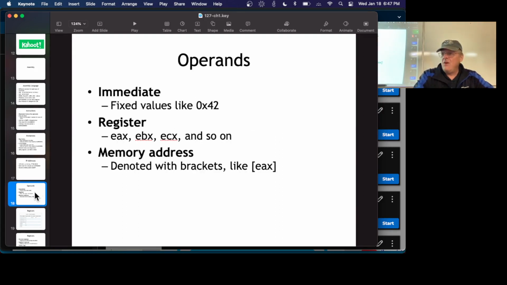All right, so the operand, you can have an immediate value like 0x42, and the 0x means it's in hexadecimal. Normally you express everything in hexadecimal when you're dealing with binary code, but you could have numbers in base 10 also. Then there's registers like EAX, EBX, and ECX, and they have that name because